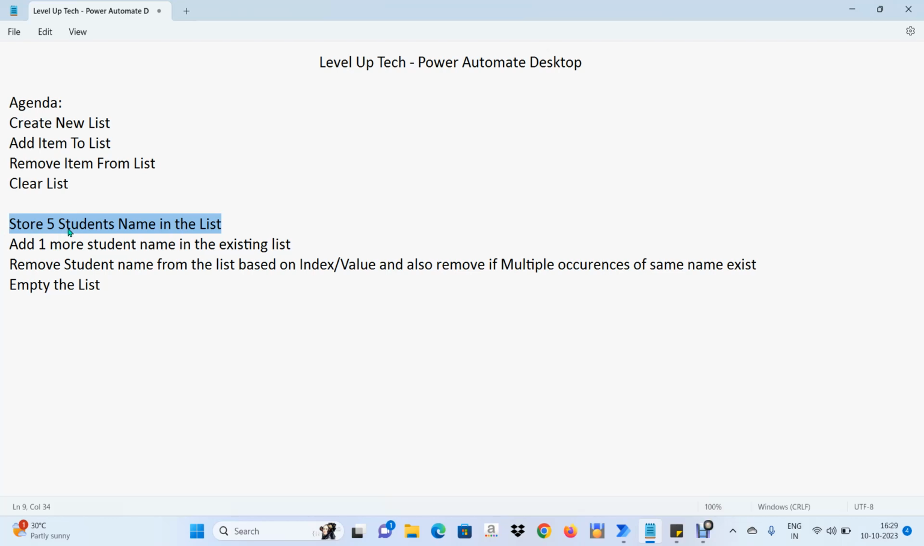So what is a list? A list is a collection of values, generic values. Basically in Power Automate terms, it is a collection of generic values, and it can have one or many values in it. The very first thing is we are going to store 5 student names inside the list, and after that we are going to add one more student name to the existing list. Whatever list we create, in the very same list